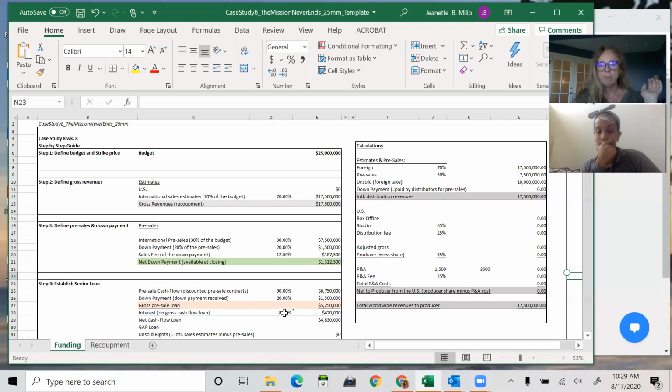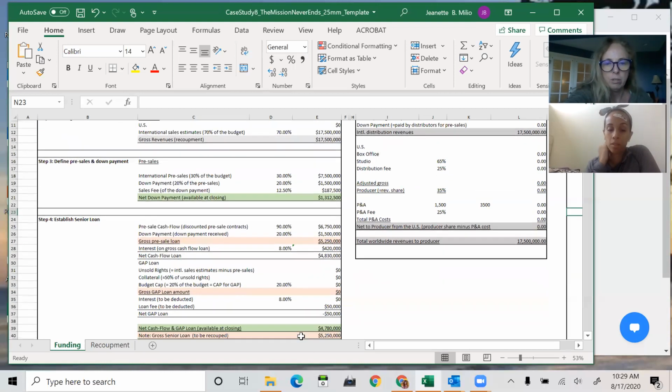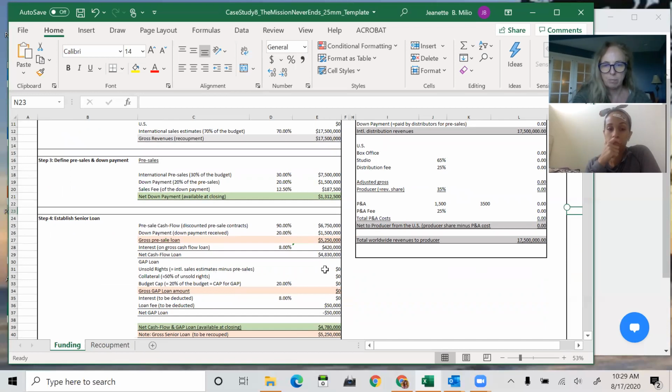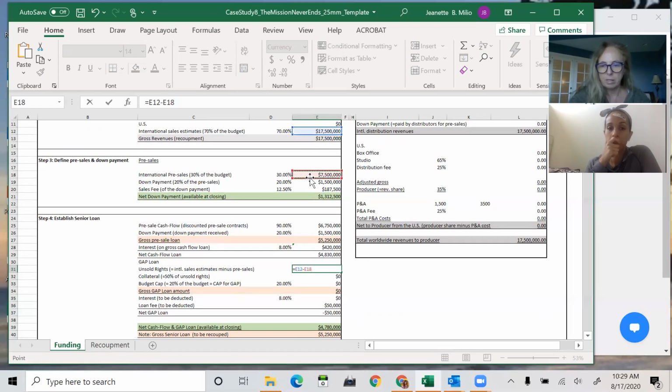If we go by the number given to us, we only know our value is 17,500,000. We're told we're selling 30%, which is 7.5 million. So if I take the 7.5 million from my 17,500,000 bucket, I'm left with 10 million in rights, correct? That's all we're doing. So let's put that in on the unsold rights column. You see the unsold rights column here? All I do is write the formula: I take this and deduct that.